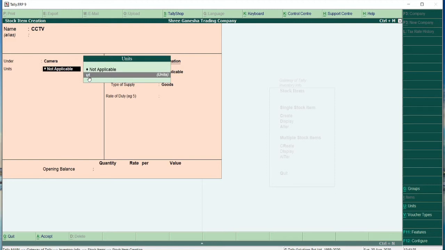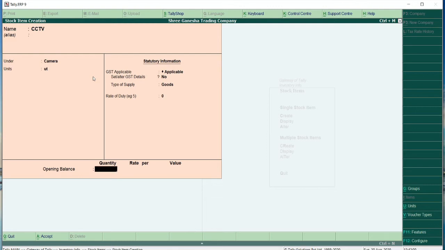So first of all you have to create unit of measure as UT, then I have created stock group as camera, and lastly I have created stock item CCTV, and here without fail you have to select this UT as units. Here you can see units and UT. I am selecting this, the rest I am not changing anything.